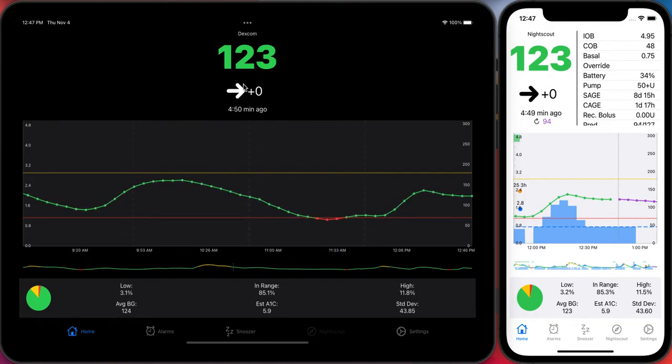Underneath the trend direction and the delta, you have minutes ago. This is your BG reading. When it hits 4.5 minutes ago, it automatically flips to seconds, so you can get a little closer look at it. And we've measured the delay differences